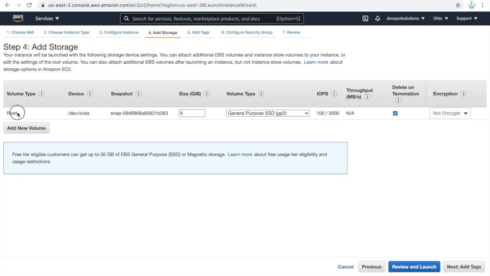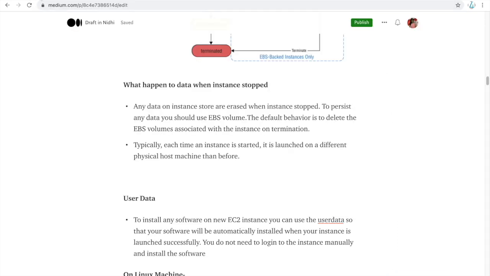This is the default one, right? And here you can see delete on termination. You can change that also, but by default, it is like that only. So any data on the instance store is erased when the instance is stopped. To persist the data, you should use the EBS volumes.